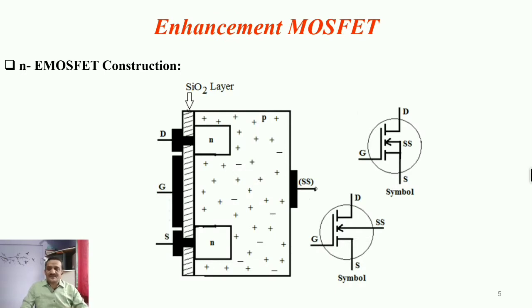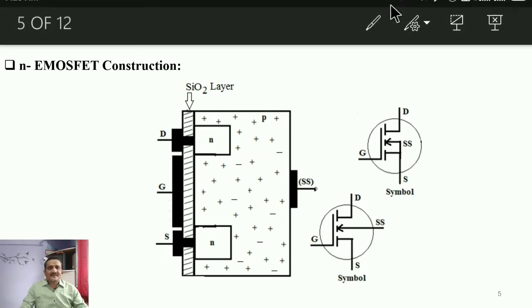Now we switch to the N-channel E-MOSFET. The construction is somewhat simple. There is a substrate on which the total device is constructed, and first of all we'll see why it is known as N-type, and what changes in the P-channel E-MOSFET. In the N-channel E-MOSFET, the substrate will be of P-type, that means the majority charge carriers will be holes. So this is the substrate shown in rectangular shape.